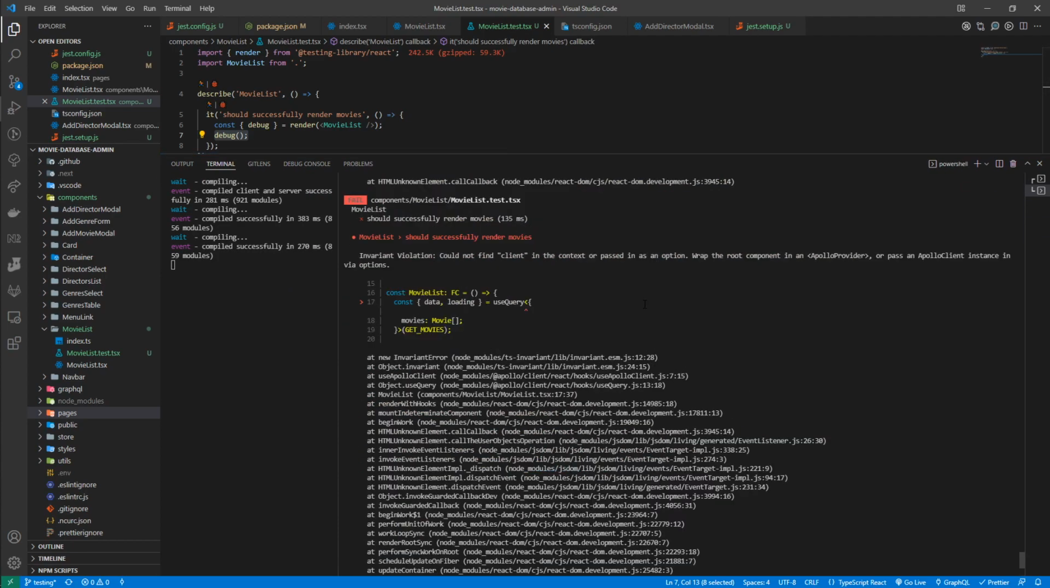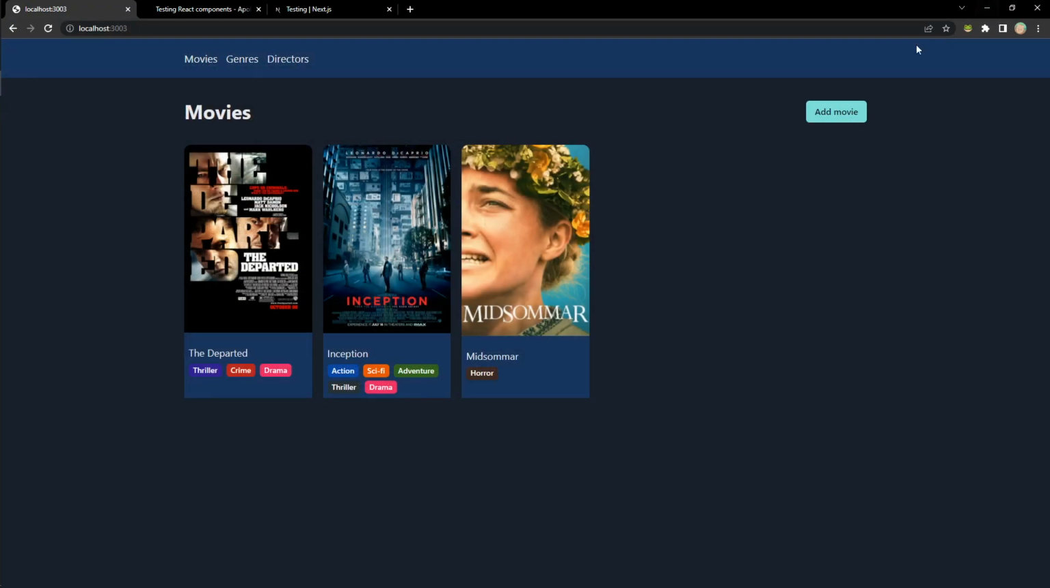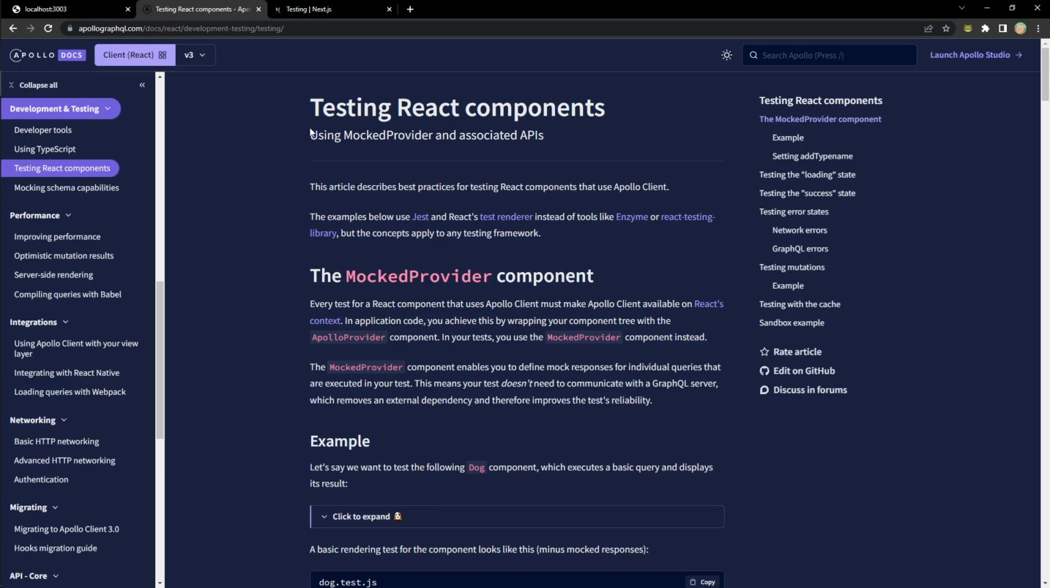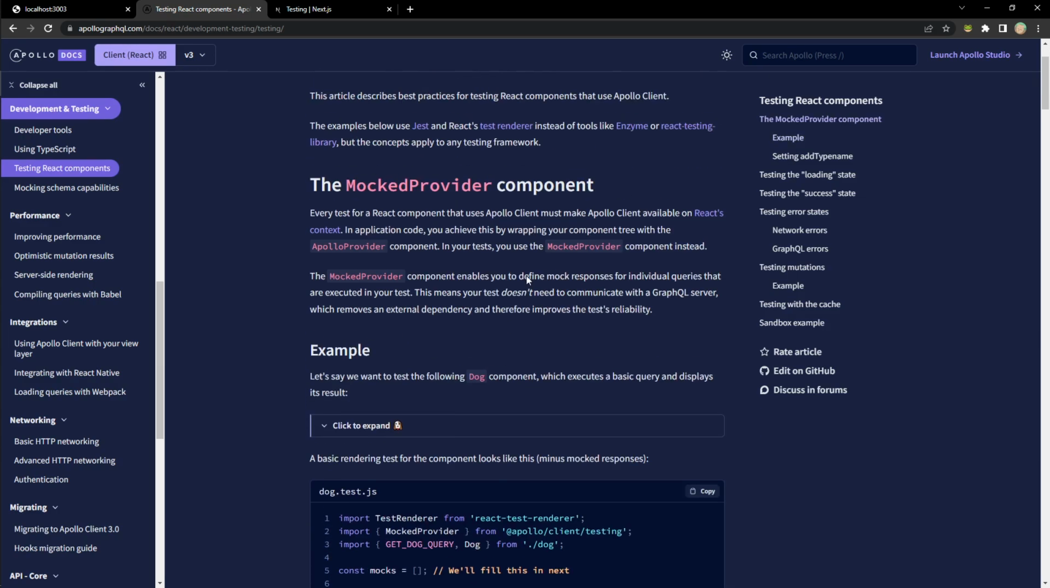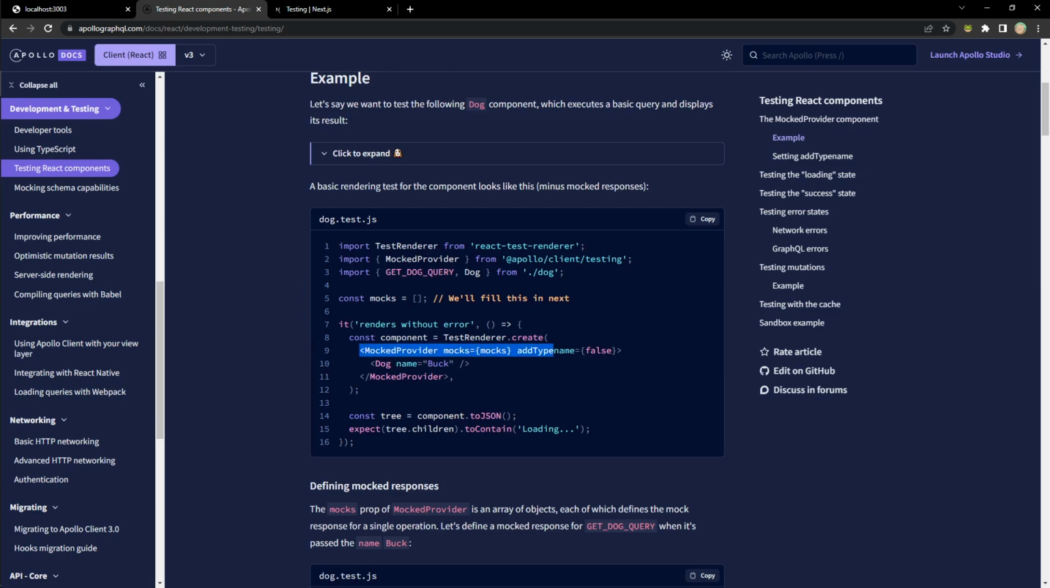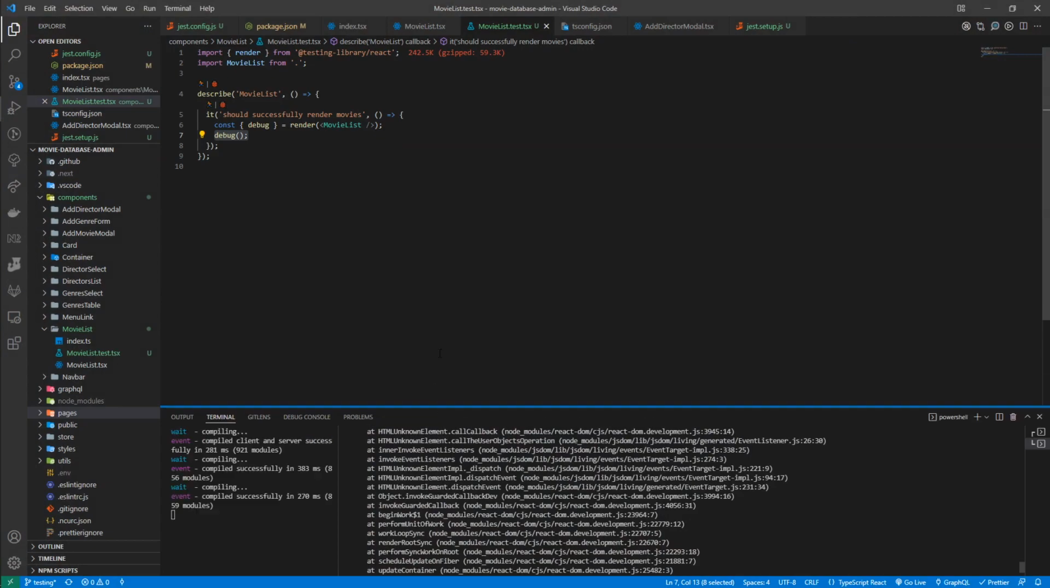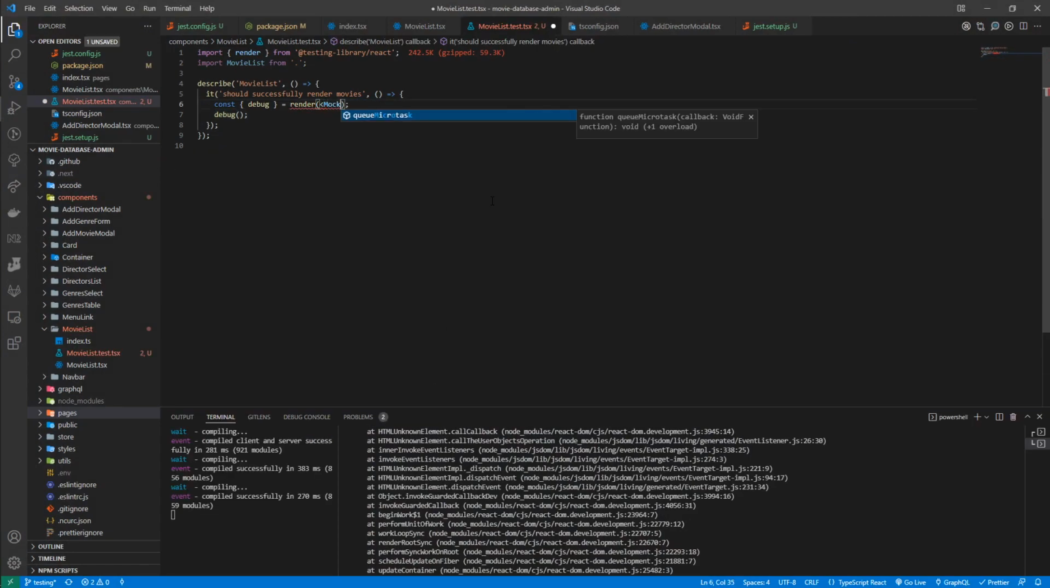So yeah, it runs, but could not find client in the context because we need the Mock Provider component. So in here we have to wrap the Mock Provider on top of our component. So let's try to import that. Okay, control that. Okay, import